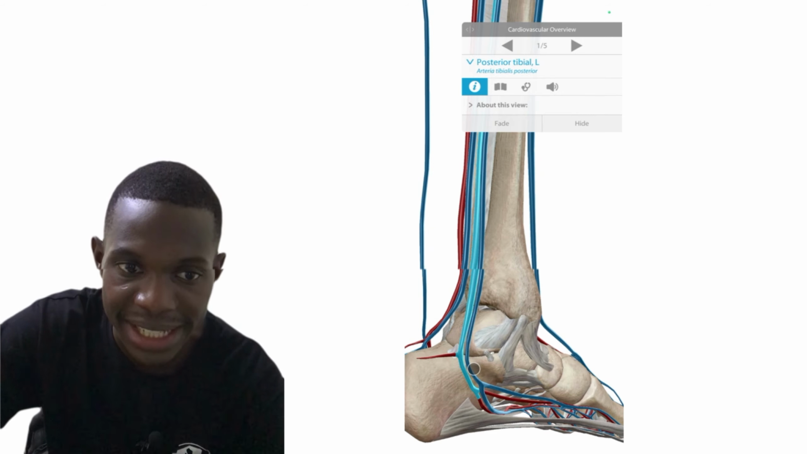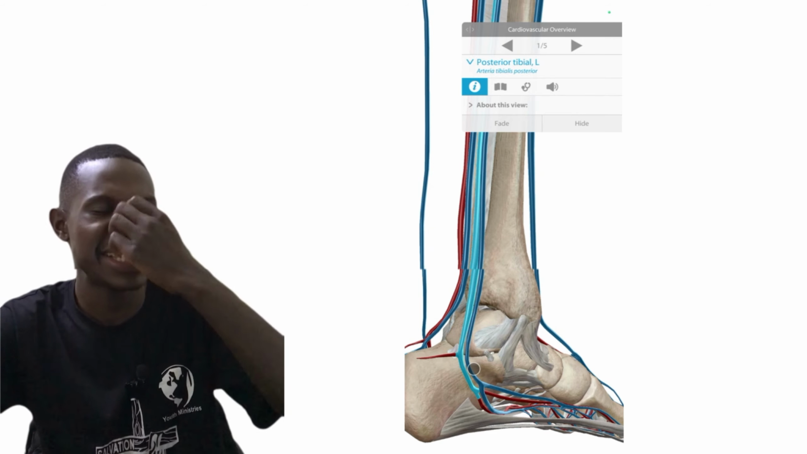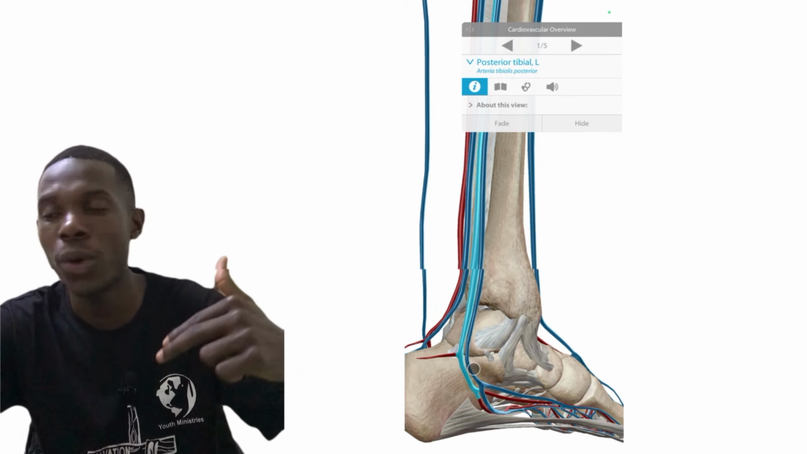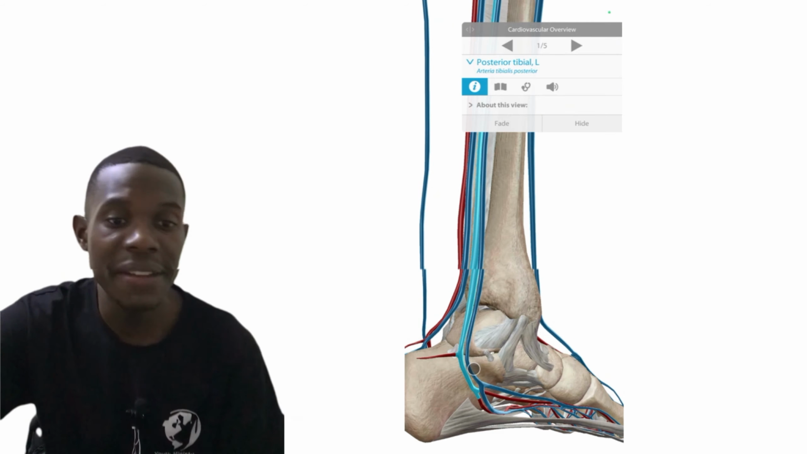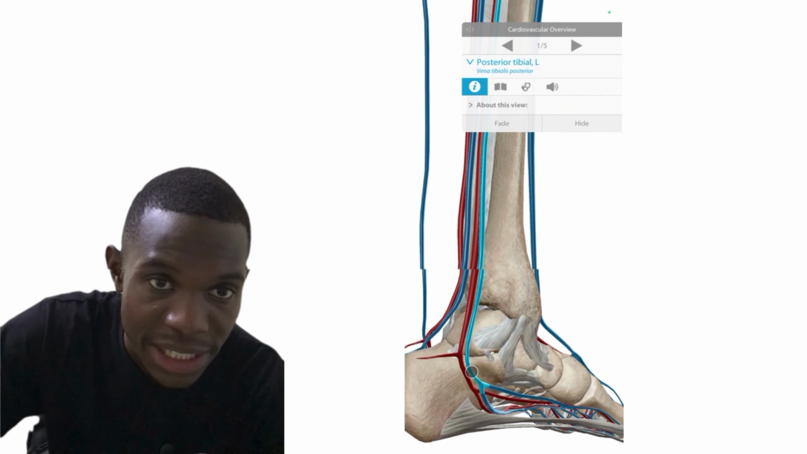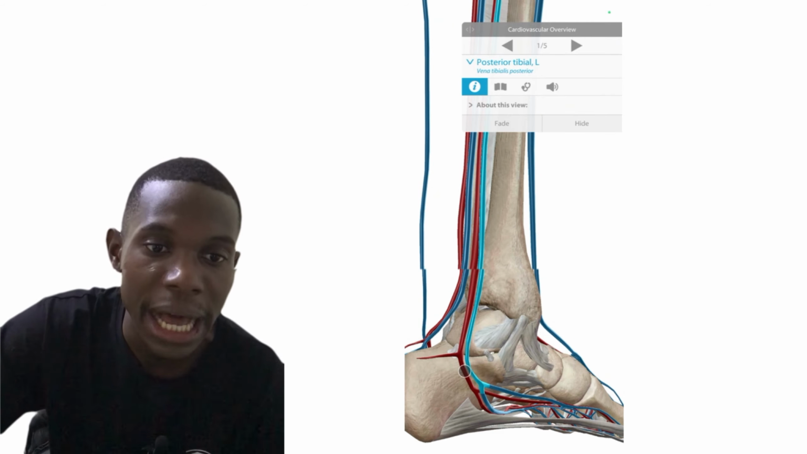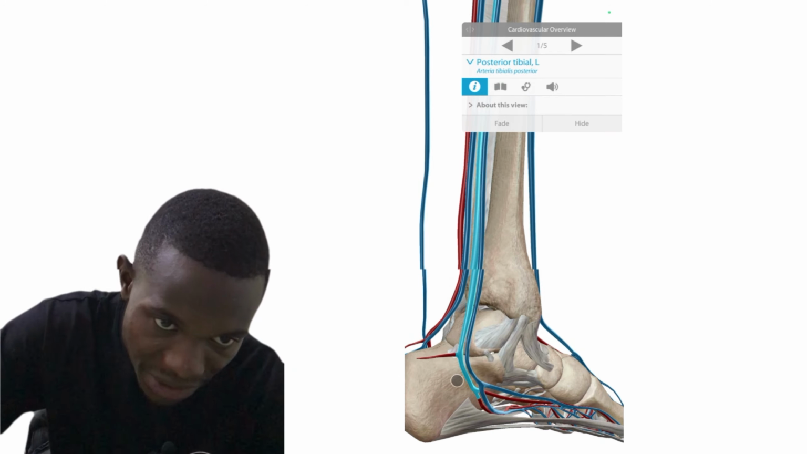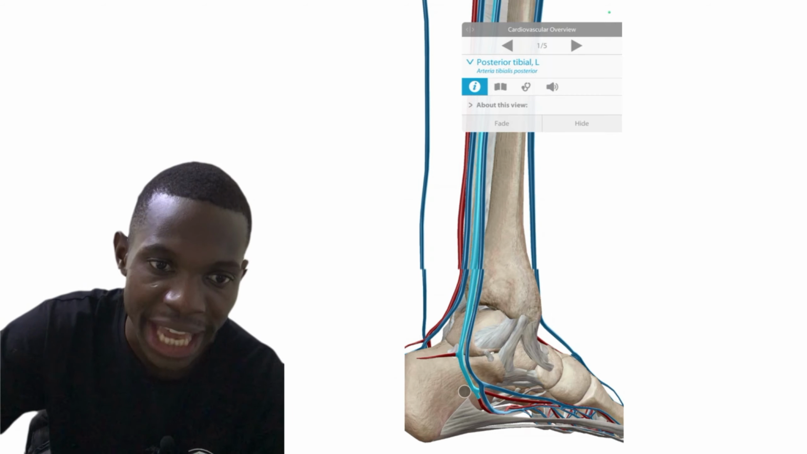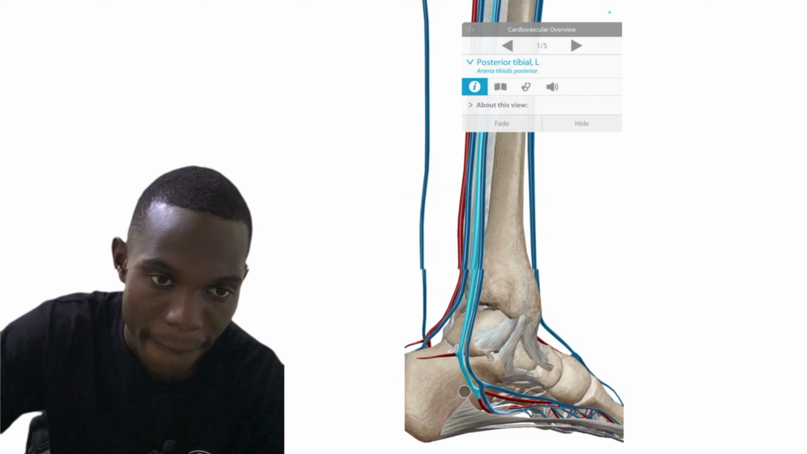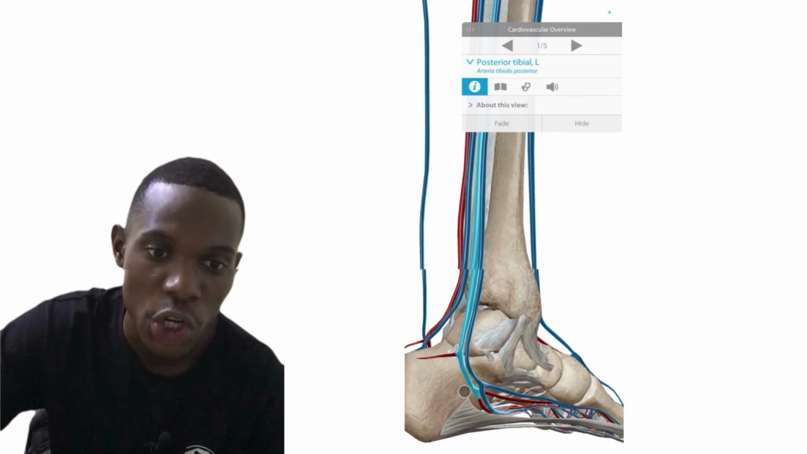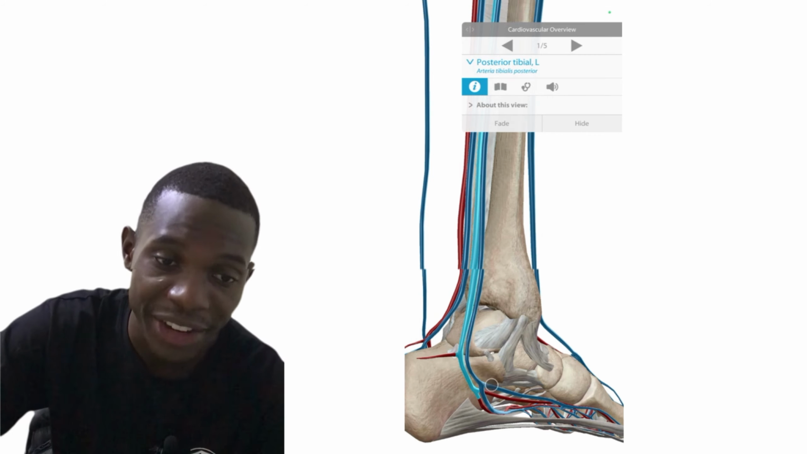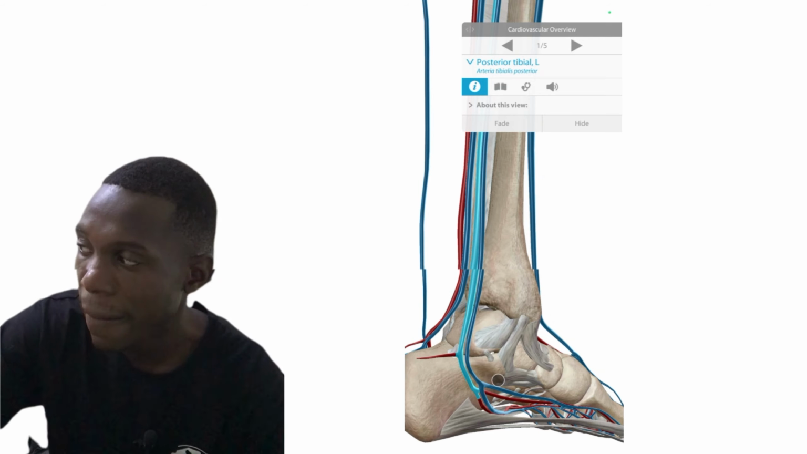Remember, this artery is going to be accompanied by venae comitantes, right? So we're going to have the venae comitantes, these ones. And now we're going to have the posterior tibial nerve, and posterior to the posterior tibial nerve, we are going to have the flexor hallucis longus, right? So those are the relations of the